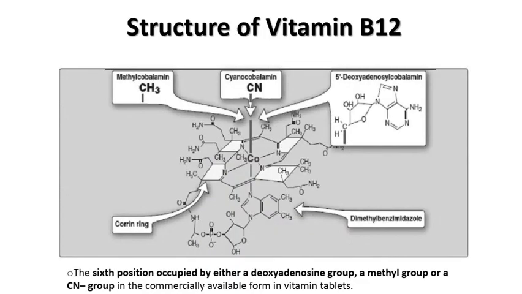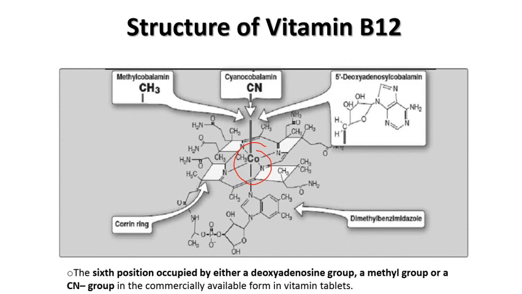Now in detail about the structure of vitamin B12. It has a structural similarity with the heme of hemoglobin, as it bears a complex corrin ring system containing pyrrole rings, similar to the porphyrin ring system in hemoglobin. At the center it is linked to a cobalt atom, which is held in the center of the corrin ring system by 4 coordination bonds with the nitrogen of the pyrrole rings.